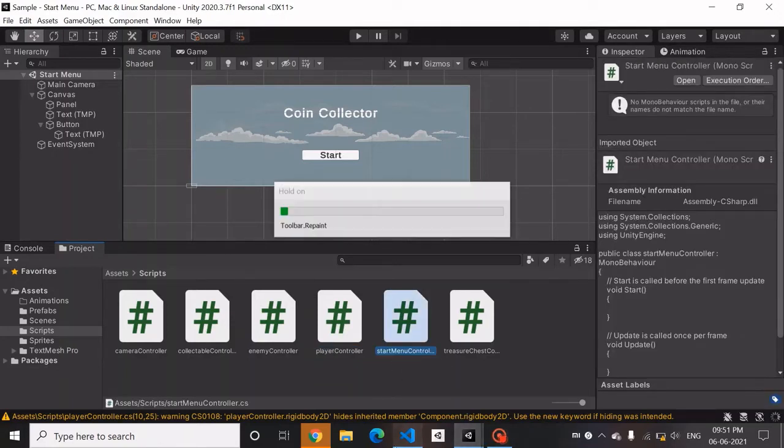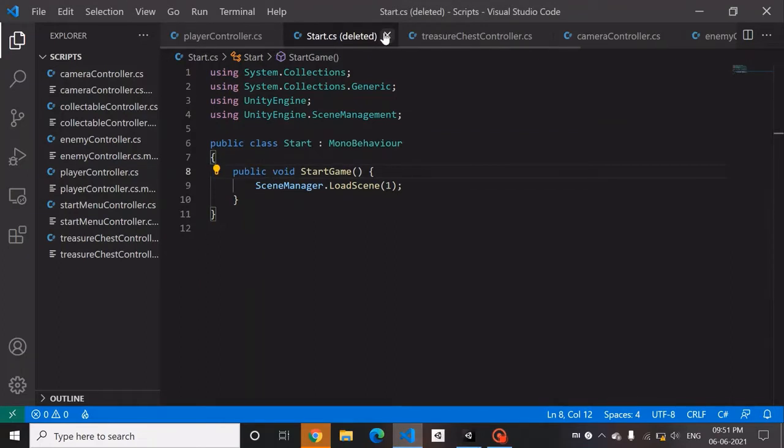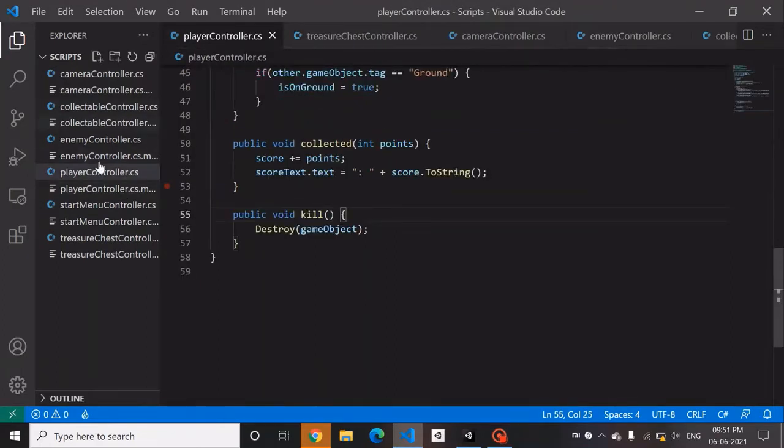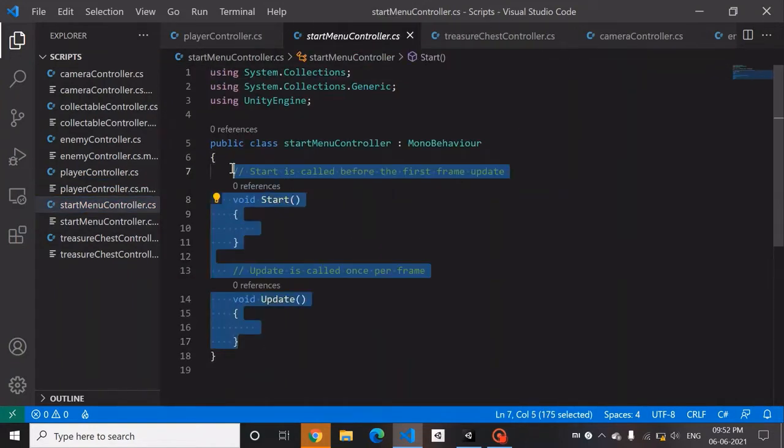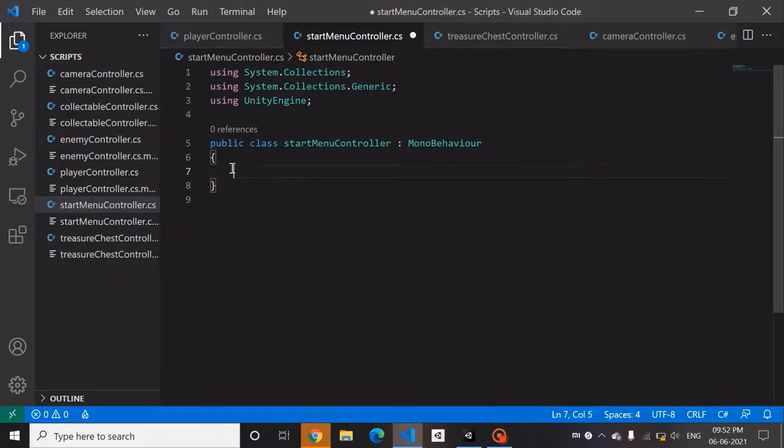Opening it in VS Code. Okay, so we can delete the start and update functions because that's not what we need right now. We need to first create our own function. That should be public, which is one important thing that you should keep in mind. And now we'll create the function called play game.